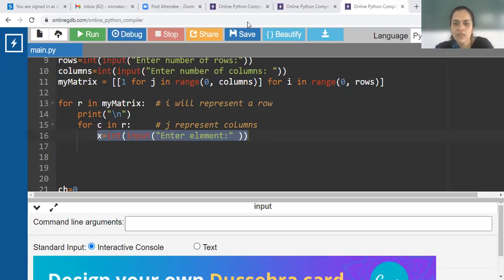Yes. Do you recall append function in the list? What is use of append function in the list? Everyone, append is used to insert an element in the list.